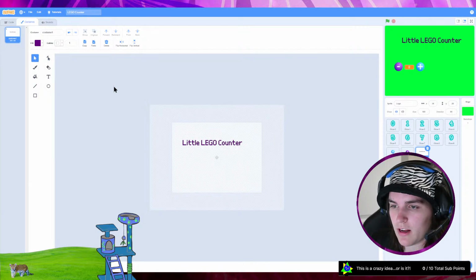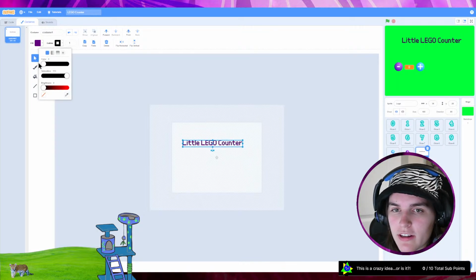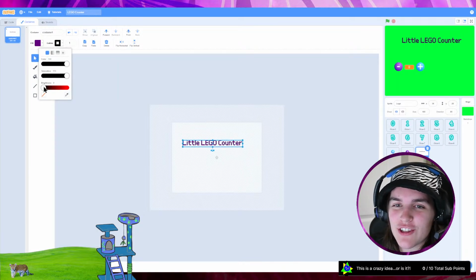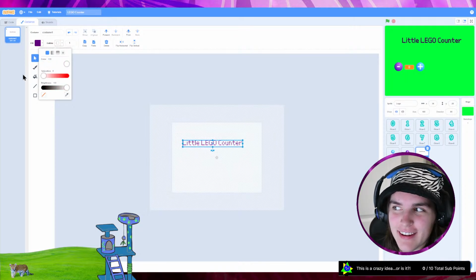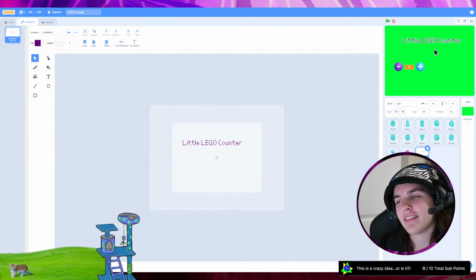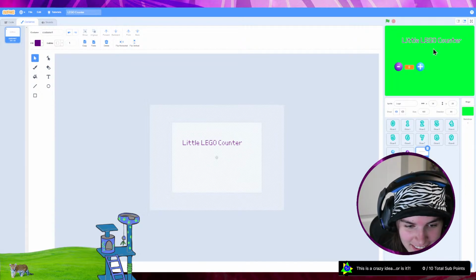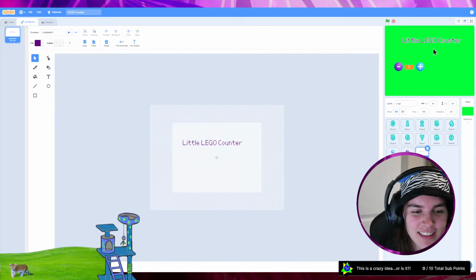It might pop when I remove the green background. Oh, I have to select the element again and then change it back to white. I keep trying to change it to white when it's not selected. Okay, cool. That is not my favorite, but I'm gonna go with it for now because I have less than 12 minutes.